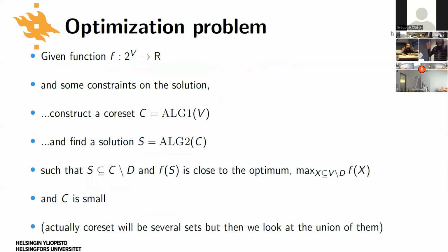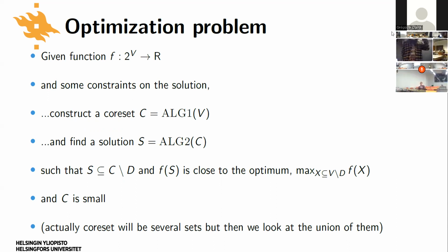So a little bit more in abstract form, just the same thing said in a little bit more formal way. We have a function f. This is something that we're trying to optimize. It tells how good our list is. It takes a set of items, a subset of the universe, as an input, and then it outputs a real number saying how good our list is. Larger numbers mean that it's better.